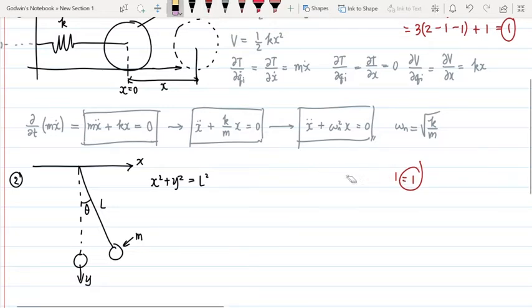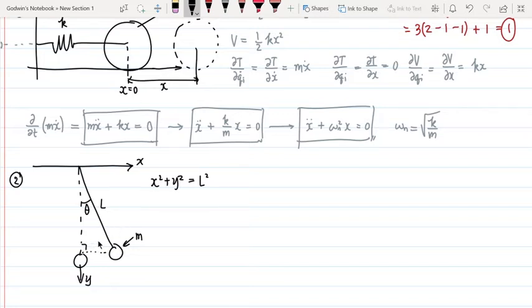So that's a gut check to see if you have more generalized coordinates than degrees of freedom, because they should be the same, right? And so a better way to express where the position is in terms of our angle theta, because okay, let's draw this right